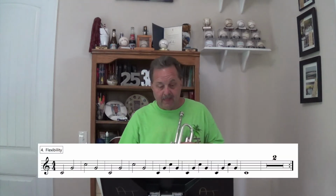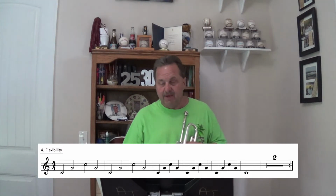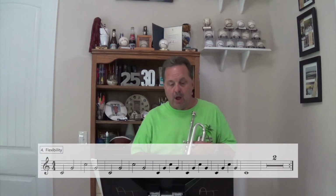Now looking at number 4, flexibility. The notes are going to be a little different in this for some instruments. You're going to hear me go lower when your notes are going higher, but your notes will still fit with what I'm playing. So we're going to start out by playing this